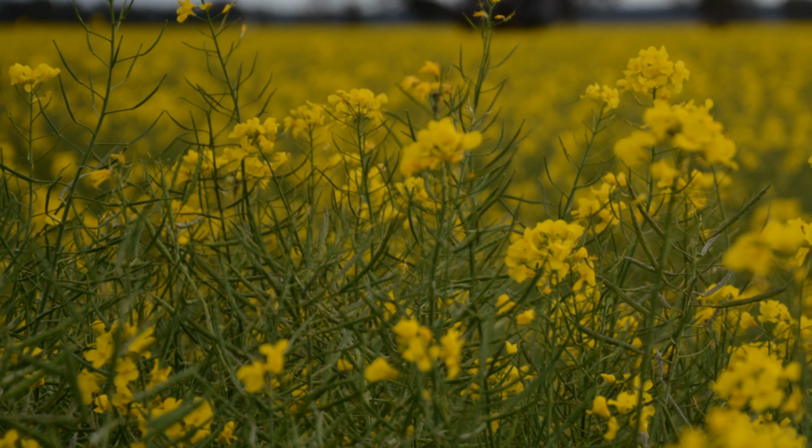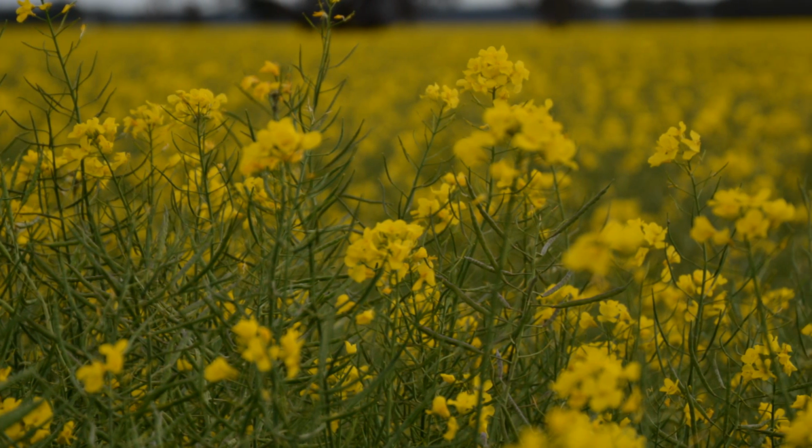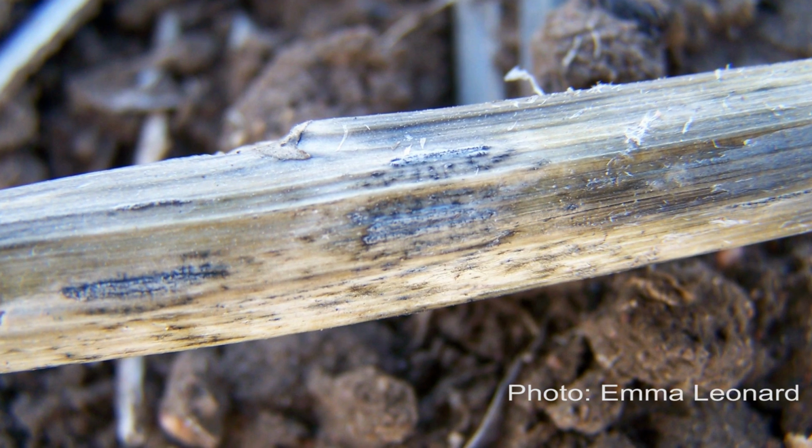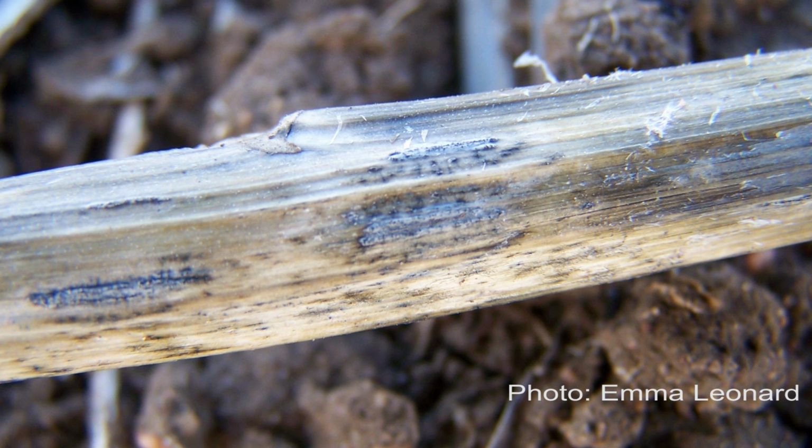Yeah, so the risk of blackleg is really dependent on how much stubble there was last year. We had a very large canola crop last year of around 4 million tonnes. It means we've got a high risk this year because we've got the stubble. Blackleg survives on the canola stubble and the spores are released from canola stubble. So the 4 million hectares of canola stubble last year means we've got 4 million hectares of inoculum ready to